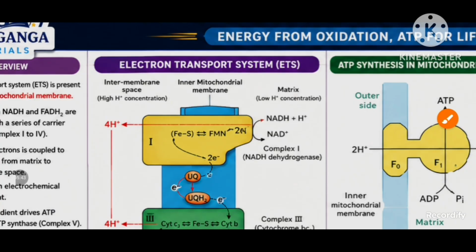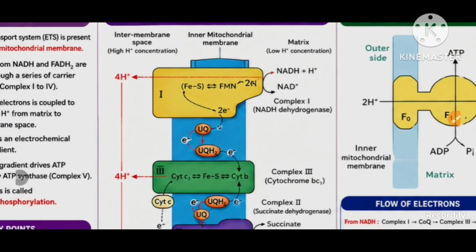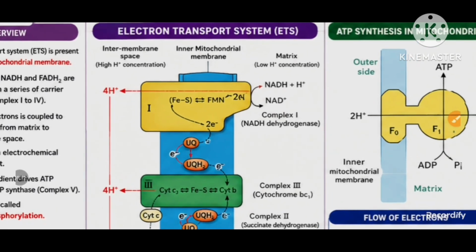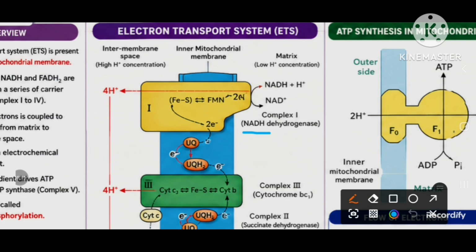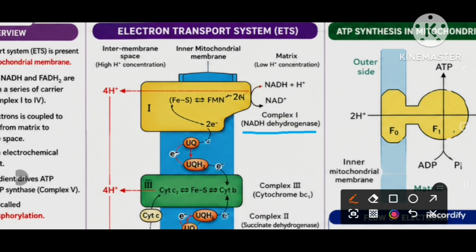Let's begin here: how those electrons will be transferred, or how H plus ions are transferred from the matrix to the intermembrane space. Look at the first one, complex number 1, which is also known as NADH dehydrogenase enzyme. This enzyme will convert NADH to NAD. One NADH molecule produces nearly 2 H plus ions. But remember, this complex number 1 will transport nearly 4 H plus ions from the matrix